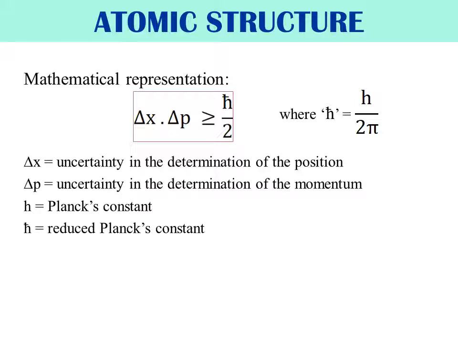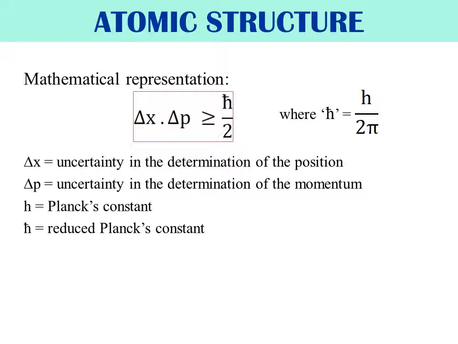Delta x is the uncertainty in the determination of position. Delta p is the uncertainty in the determination of the momentum. H is Planck's constant and h bar is the reduced Planck's constant. Now, this delta x and delta p, in some places or some books,